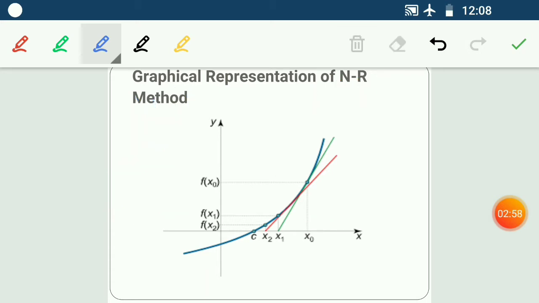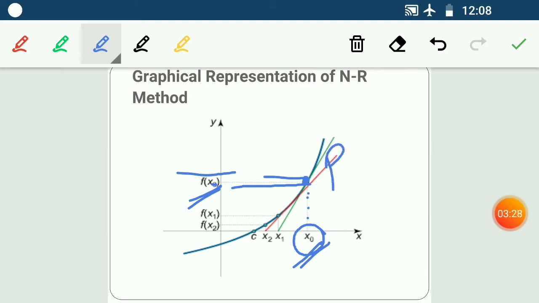So I am finding a nearest approximate root x naught, and then we locate this point onto the curve, and suppose this is my point. What will be this value? This is my f of x naught, right? When we locate this x naught on the curve, we get the point f of x naught, and I have given a name to this point, suppose P. So the coordinates for this point are x naught and f of x naught, the values on the x-axis and y-axis.